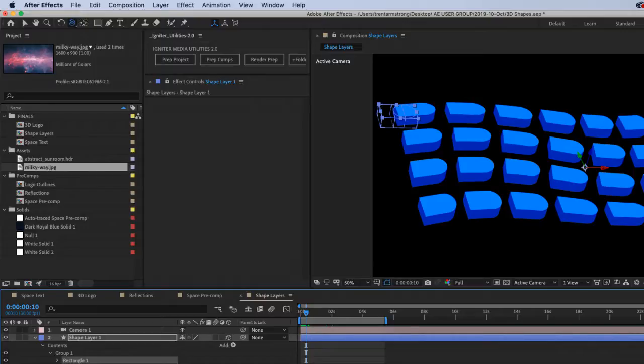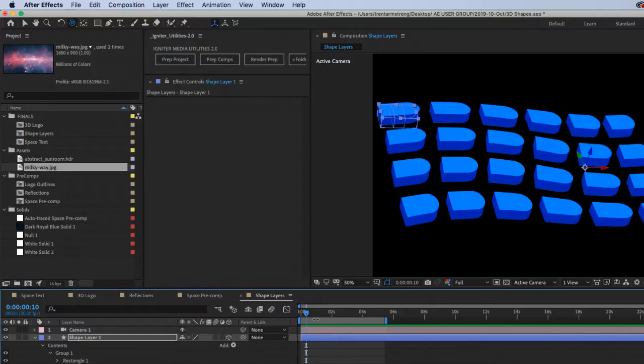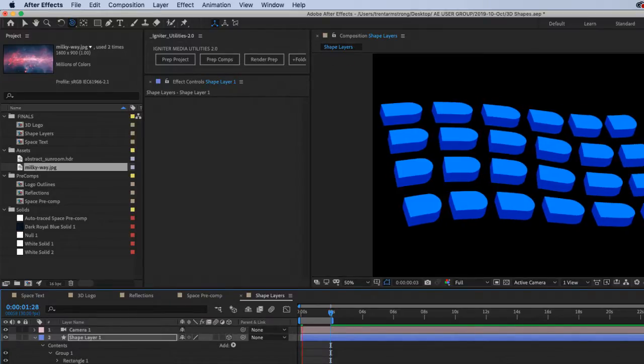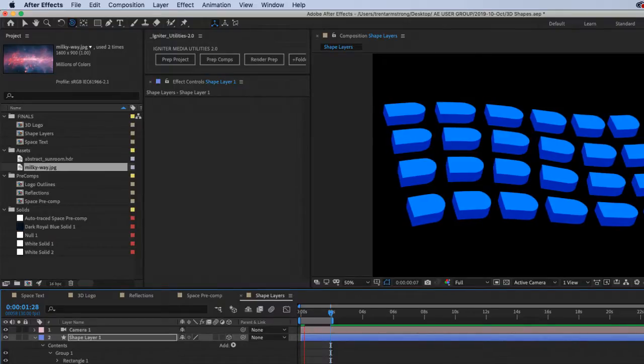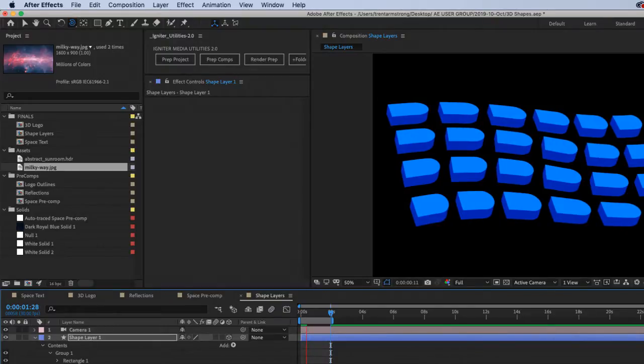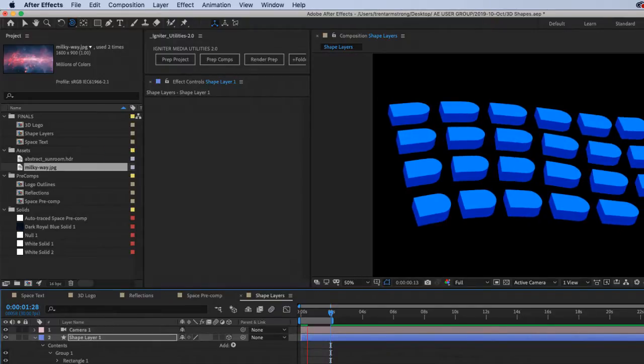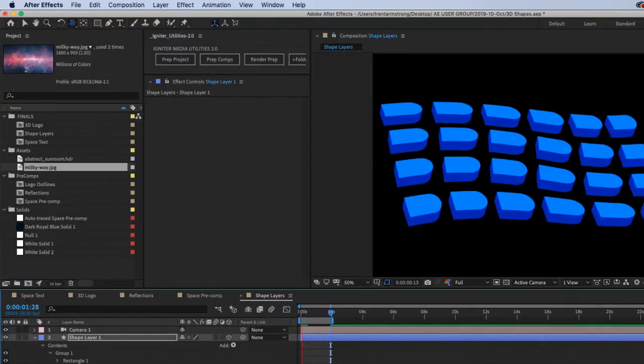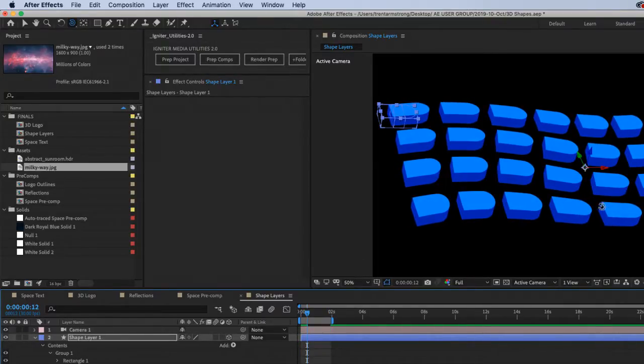Let's do a keyframe and see if that changes things. So it's moving. What I'm hoping to do, not sure if I'll be able to, is get it to follow that path, that curvature.